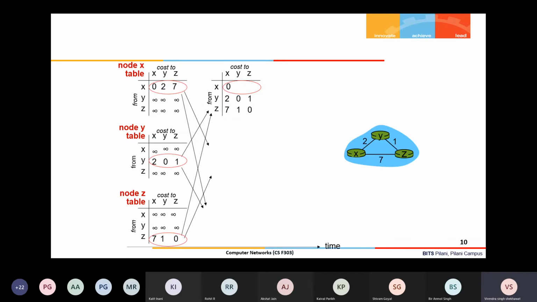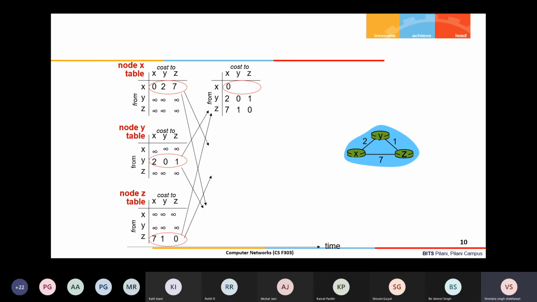So now we'll understand the complete algorithm, how it works. You have to see this very carefully. Once you understand this, for this purpose I'm taking a 3 node topology, so that it will be easy initially to visualize how it works. Then it can scale to 5 node, 6 node, 7 node, whatever. So this is a very simple 3 node topology. 3 links are there. X to Z cost is 7, X to Y is 2, and Y to Z is 1.